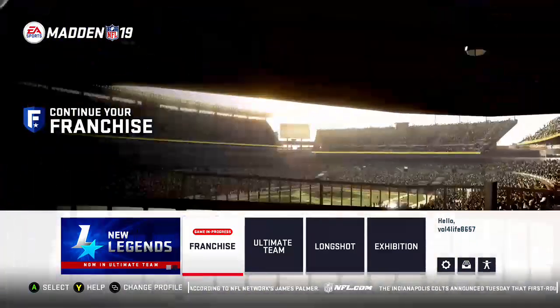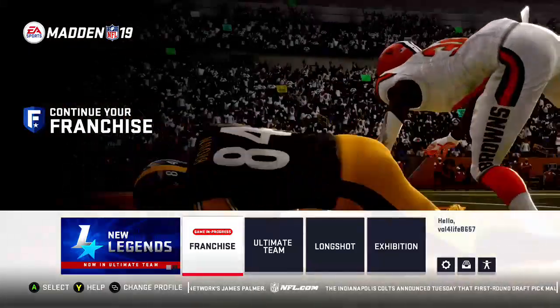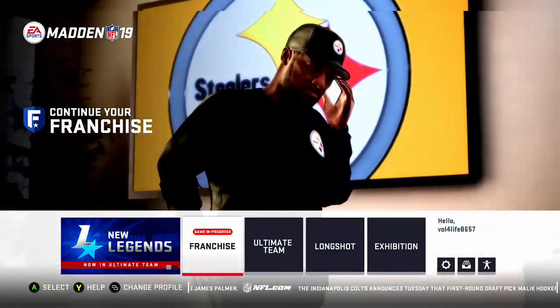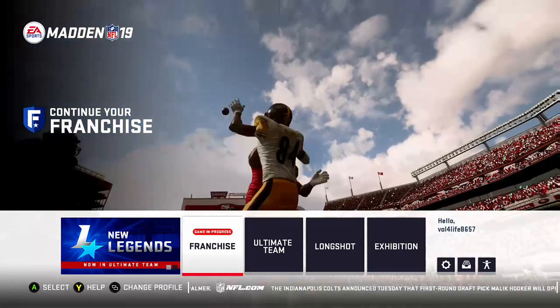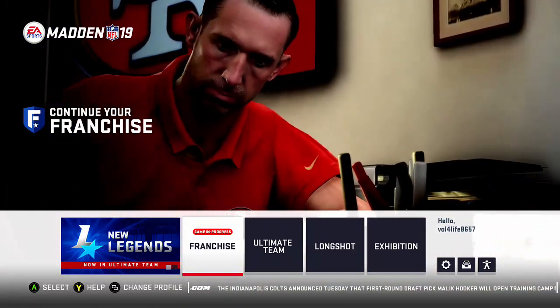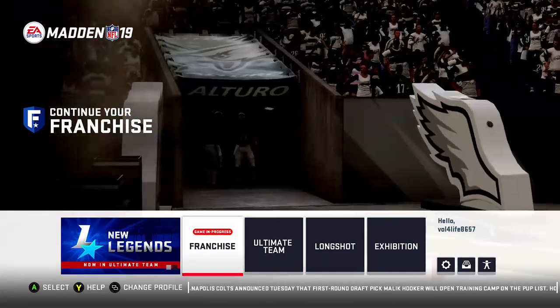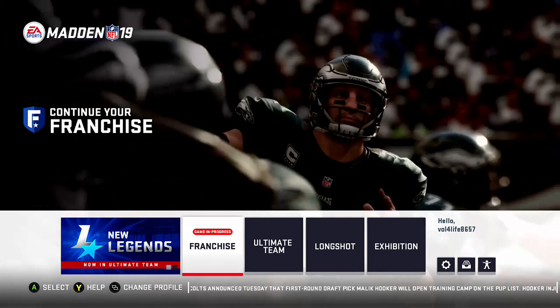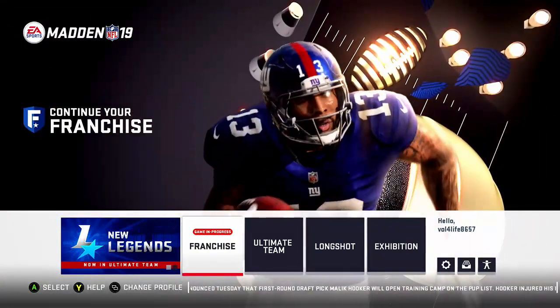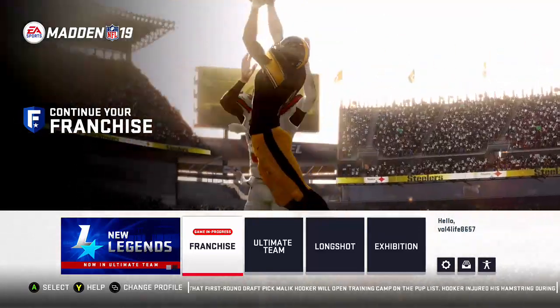Franchise. Franchise has gotten some internal changes. A lot of them, most of them, we're not going to be able to really deal with. They've gotten the ability to generate draft classes. And not only can you generate your own or have the game generate them, but once they're generated, you can edit them however you want, which I think is really cool. Still going to the right, the next option is